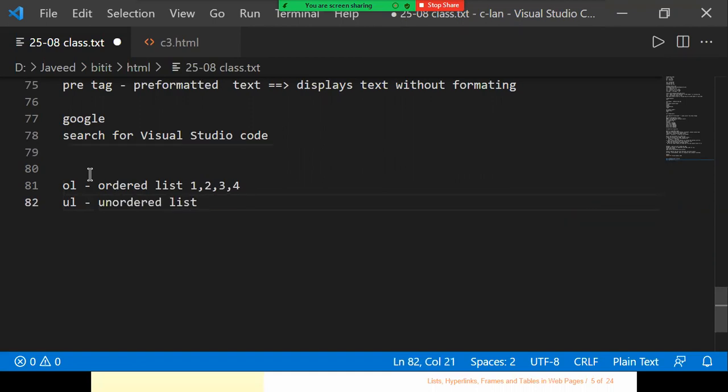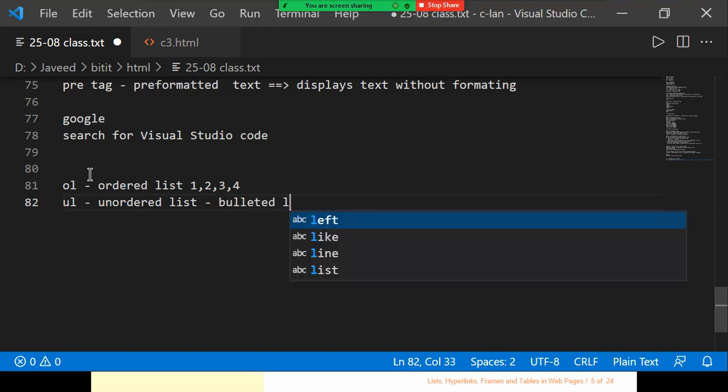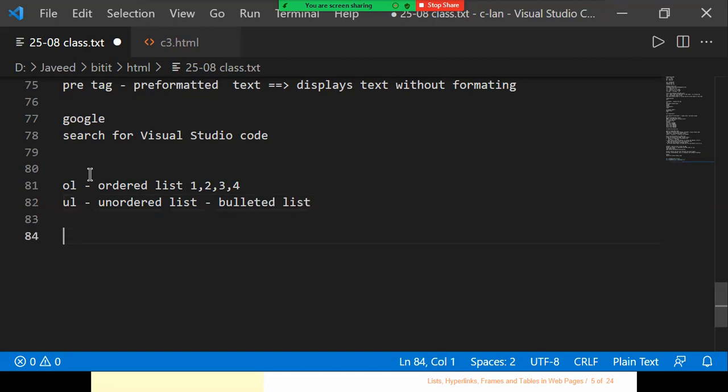So what does this unordered list mean? You can have them as dots, bullets we call them. These are basically called the bulleted list for us. Then one more tag that is connected with this is LI. What does LI mean? LI stands for list item. I'm having a tag called the list item tag, and this will help me to specify the options there.